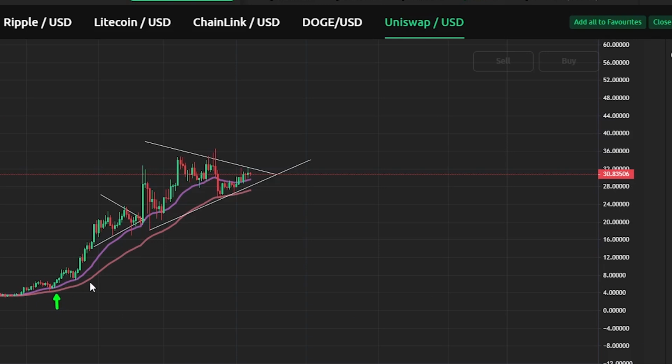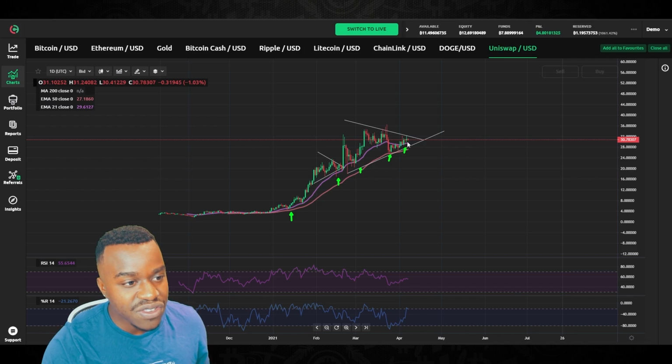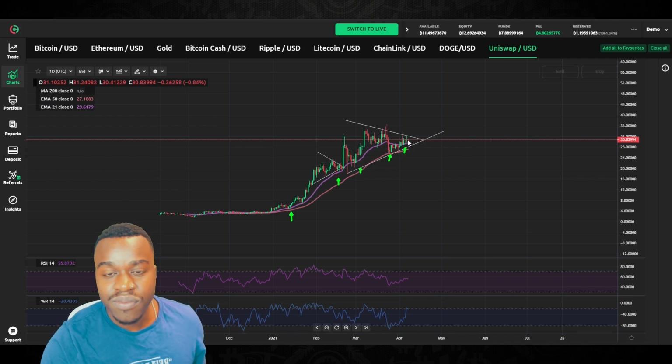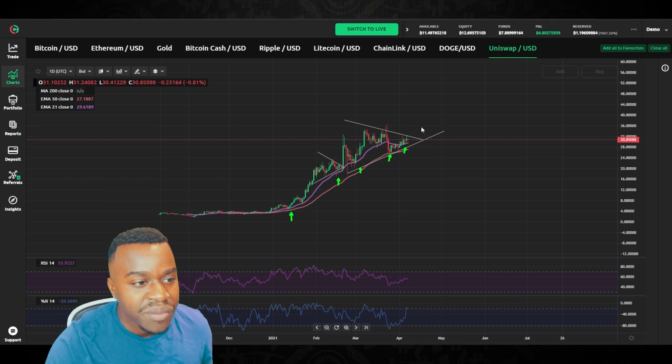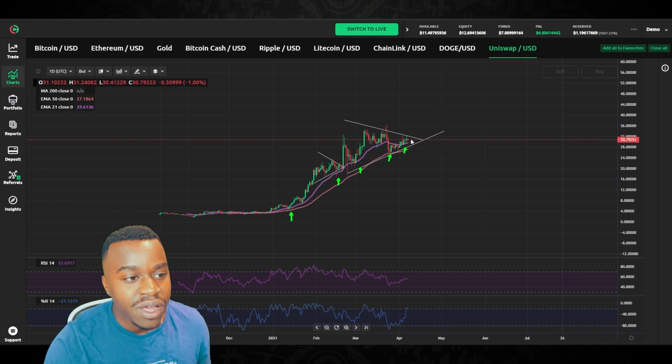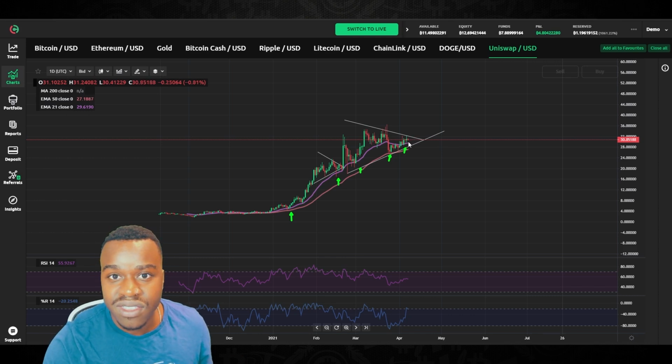We got breakout after breakout, price trending nice and smooth above the 21 and the 50-day moving average. You can see every time it touches it, we get a bounce off it. And realistically, I don't see this slowing down if crypto, Ethereum, and everything continues growing in adoption, because Uniswap is an essential part right now to the growth of crypto, such as DeFi, NFTs, and things like that.